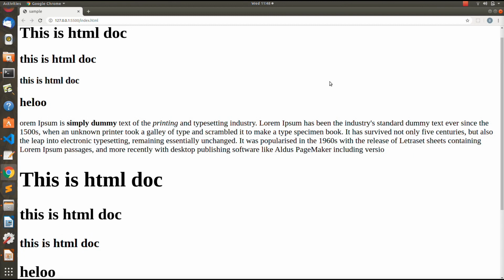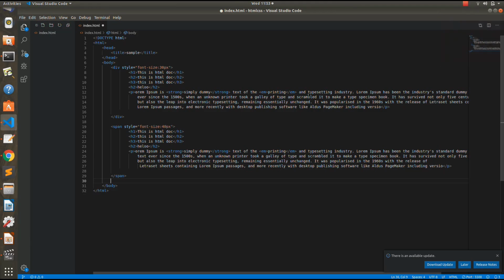This is because the div tag is a block level tag and the span tag is an inline tag. And I had already told you in the last video that block level tags occupy their own width in the screen and inline tags do not show that behavior. So overall we can say that the div tag is a block level tag as well as a generic tag. Generic tag means it can contain other types of tags, and the span tag is a generic tag but it is an inline tag.